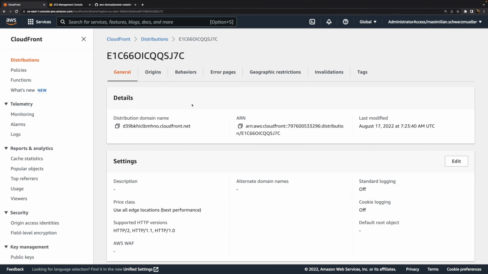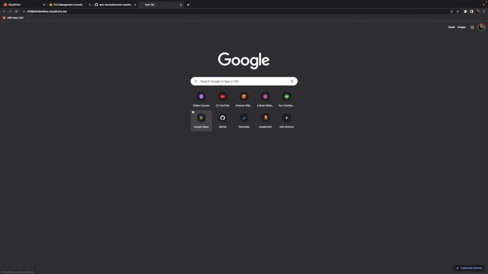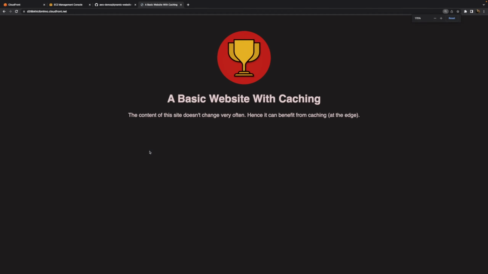Now, once deployment finished and this is up and running, we can again use a domain name that was assigned automatically by AWS, send a request to it, and now we see the same website, this time loaded with help of CloudFront, so with help of this at the edge caching.